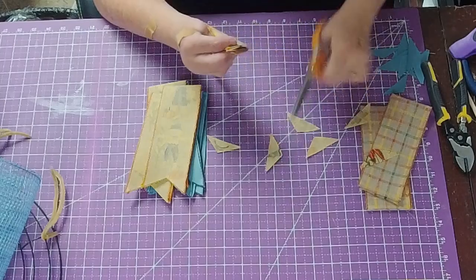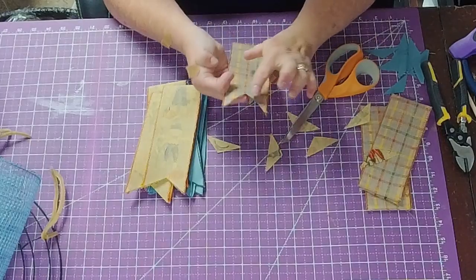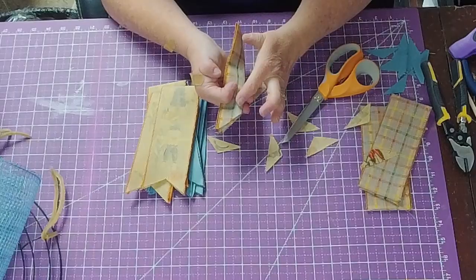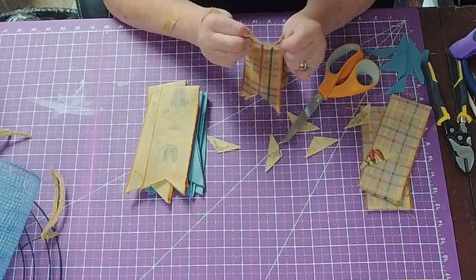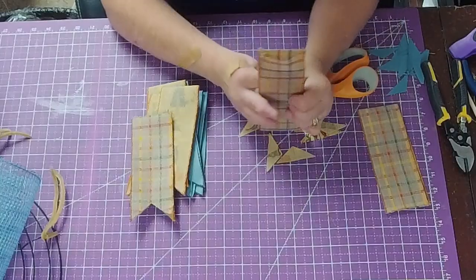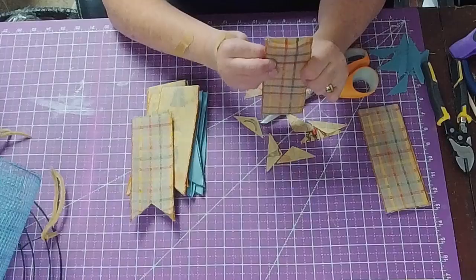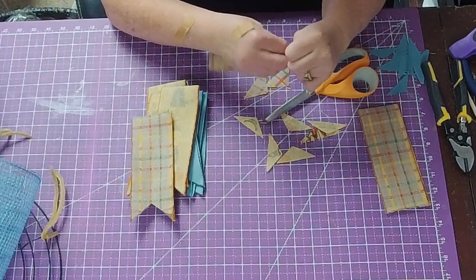Because what happens is if you go too far down, if you cut this much deeper than I did here, if you cut it at an extreme angle, you're going to end up with these tails here buckling on each other when they go into the design, and you don't want that. You want strong ribbon that's standing tall. So folded side down, fold in half, wire to wire,